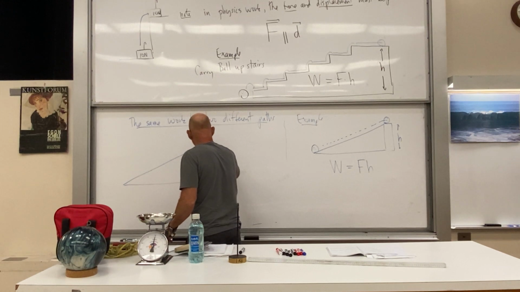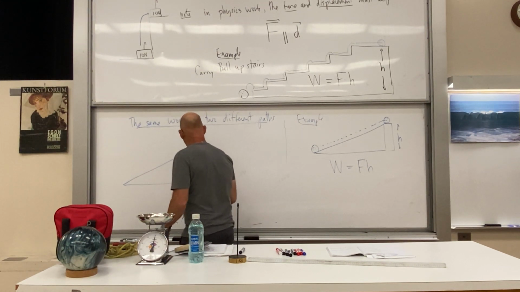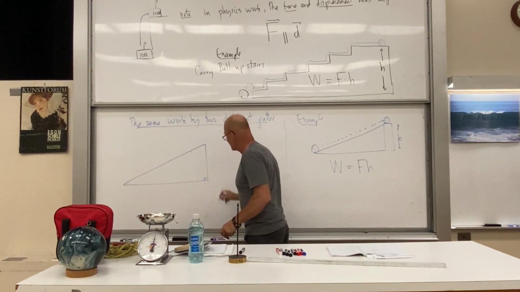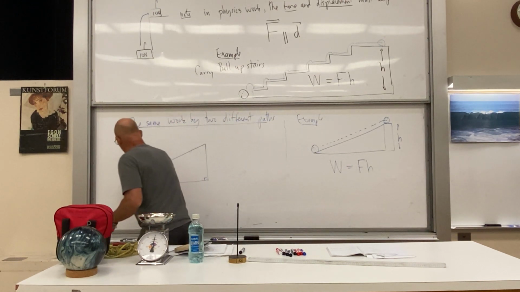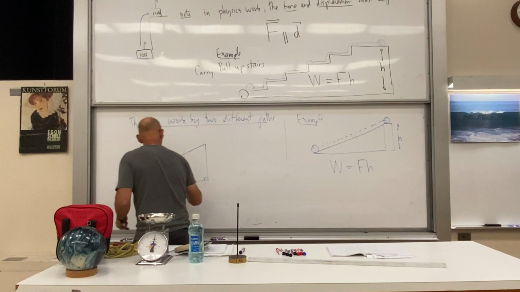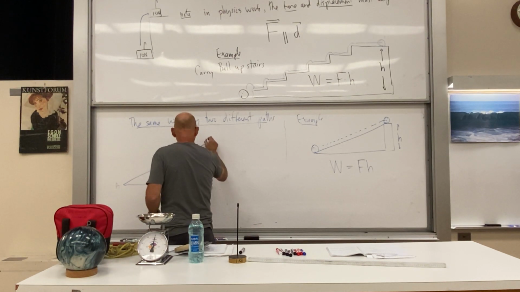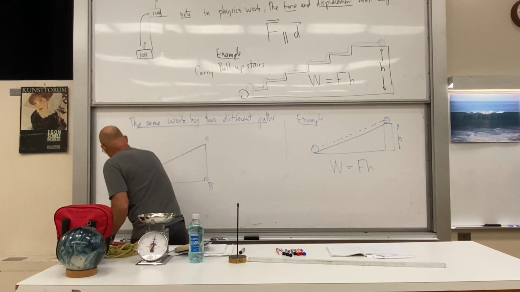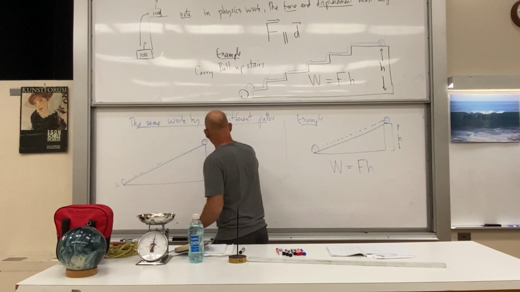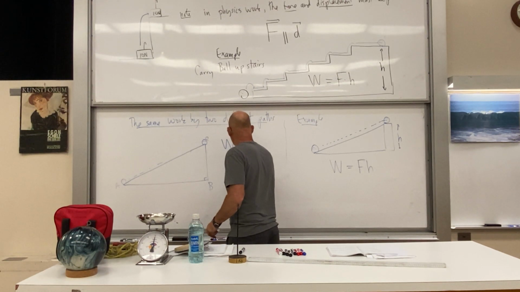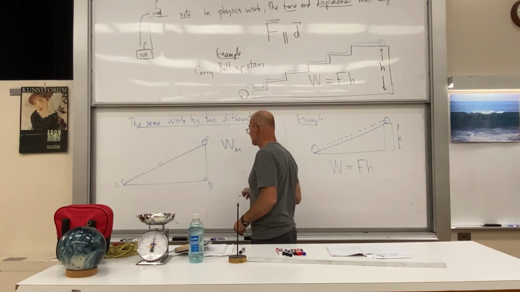So now we're going to have a triangle here, up and down, vertical thing. And we're going to take, we'll call this A, B, and C. So we can take the ball up the slope here, and we can say W, A to C